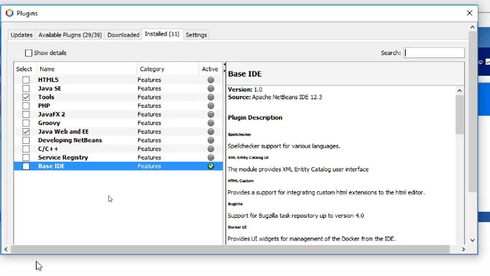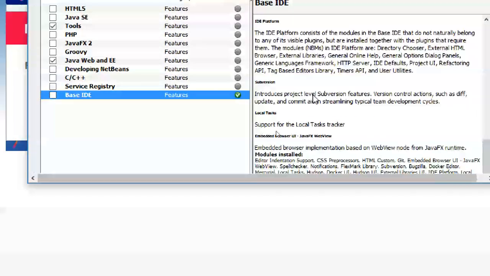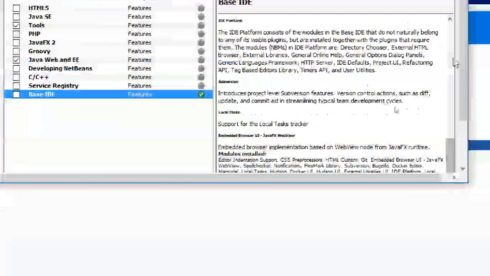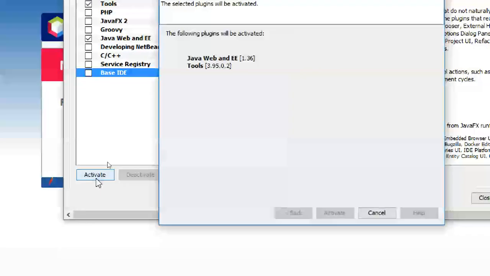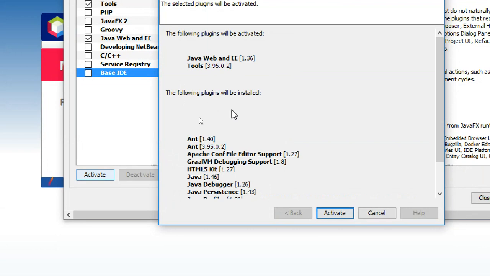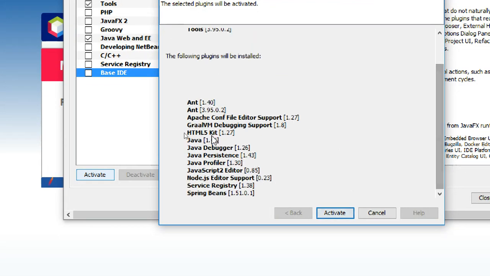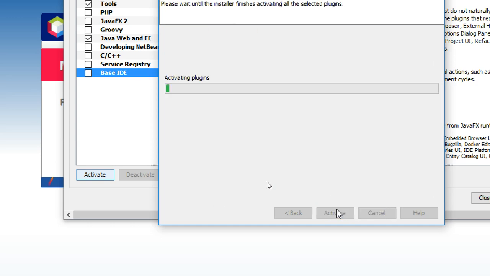So there are two things I want to activate. I'm going to activate this one. Click on activate. It is going to add Ant also. Node.js editor support, you will get it. Java, HTML5, Spring Beans.